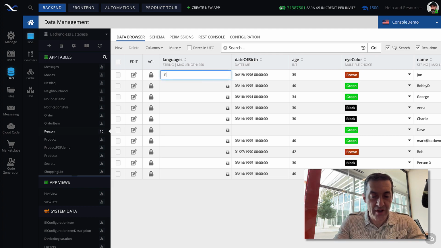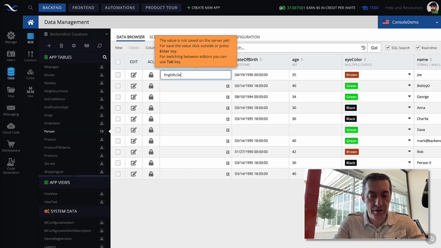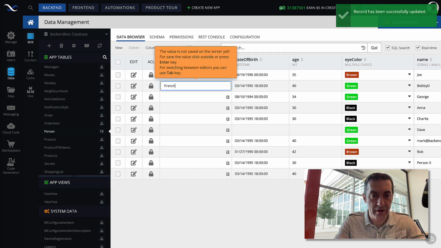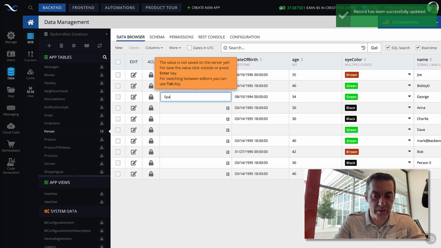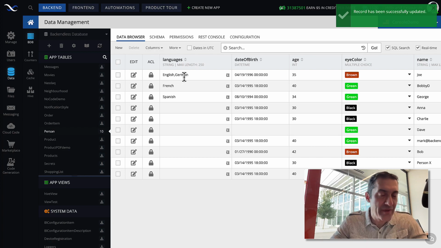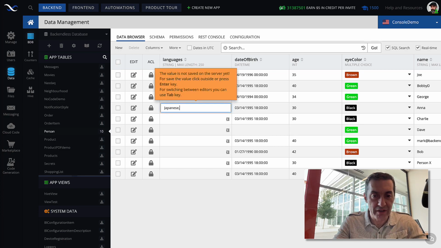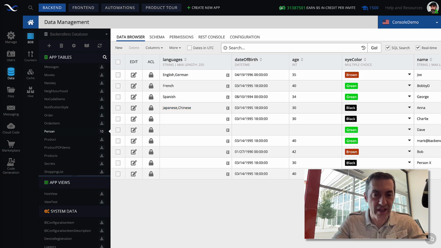So for instance, it's going to be English, German here, and let's say French here, and let's say this person speaks Spanish. And then as you can see here, I used more than one and enumerated it with or separated with a comma. And let's say this person speaks Japanese and Chinese. Okay, that's going to be sufficient.